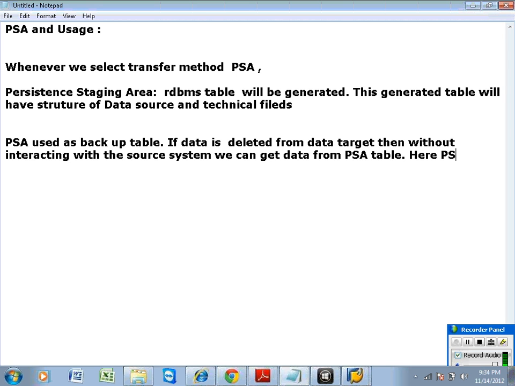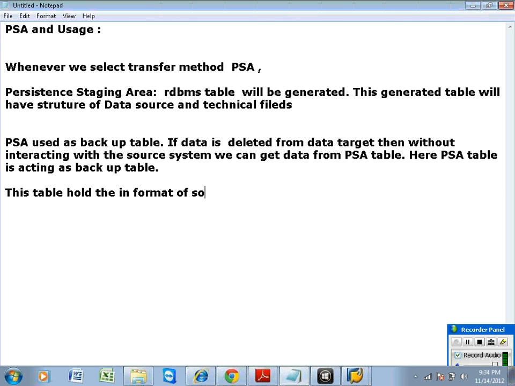Here, the PSA table is acting as a backup table, and this table holds the data in the format of the source system.